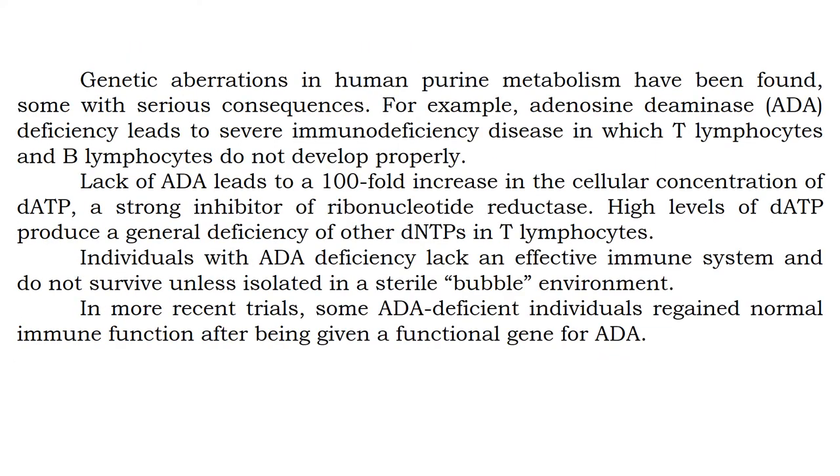Next, if any genetic aberrations in human purine metabolism have been found, then there will be serious consequences. For example, if this adenosine deaminase or ADA enzyme is lost, it leads to a severe immunodeficiency disease in which T lymphocytes and B lymphocytes do not develop properly. If there is no adenosine deaminase or any aberrations to this enzyme, then we don't form these T lymphocytes as well as B lymphocytes,